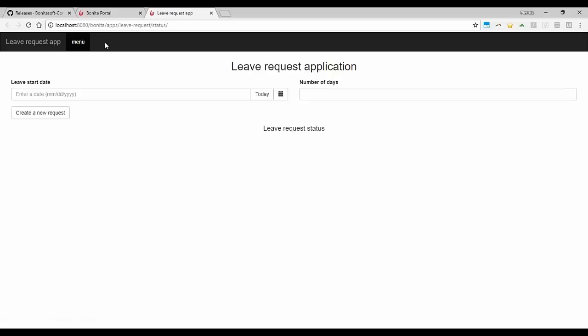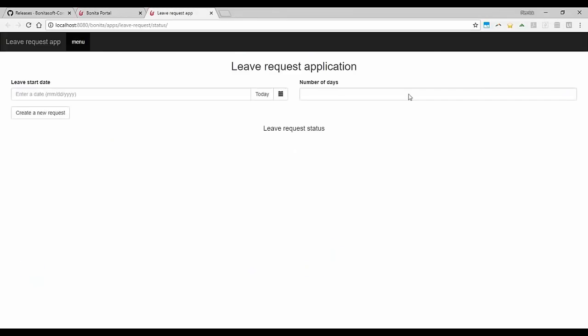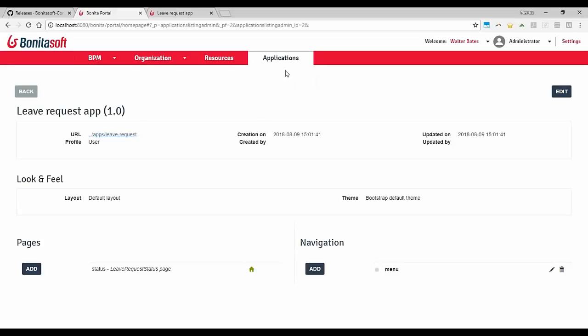So that's why we call it living application. It's because I can change that and it's live. I mean, I'm a regular user here and I can access something that has been somehow edited on live. It's deployed, but I can change it directly there. So I can add pages, I can add navigation as you saw, and I can also change the look and feel. So here it's the default layout, but I could have something else. Or if I have a different theme, I could have a different theme.